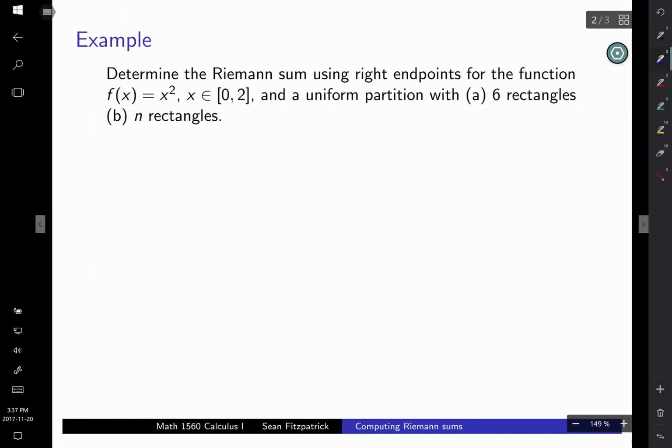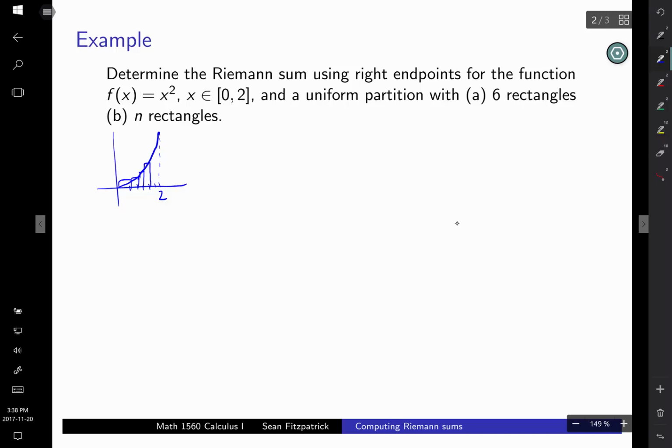So here's a simple one. We're looking at simply the squaring function, f of x equals x squared over the interval from 0 to 2, and we're going to do a uniform partition with, well, first 6 rectangles, and then we're going to generalize to look at n rectangles. So just to give us a visual reference, we're looking at this situation here. So here's 2. In the first one we're going to do 6 rectangles. So we're looking at something like this,